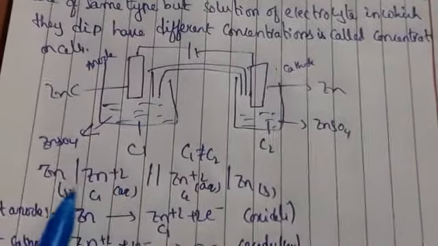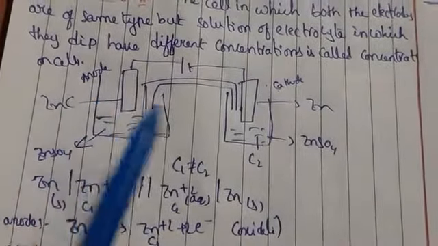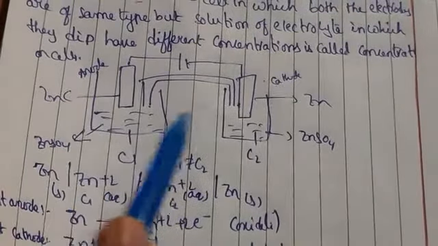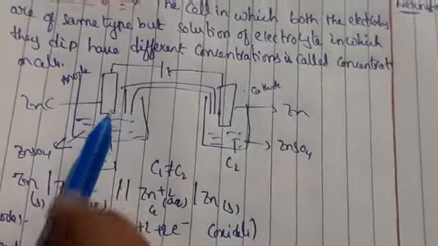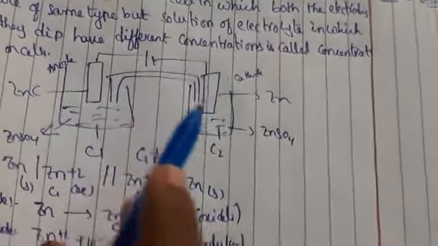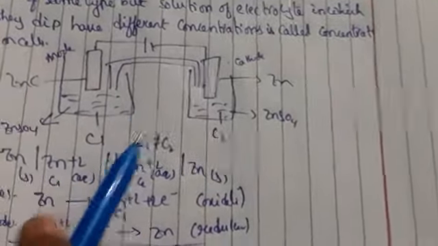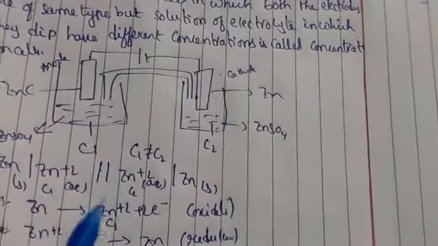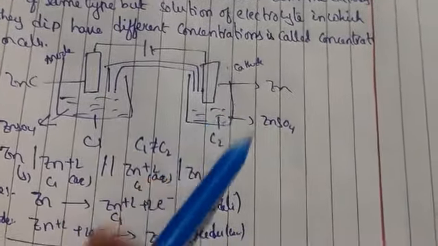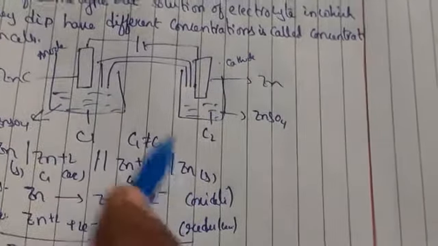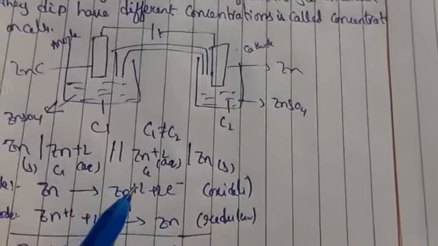Now let us consider the reaction. Zn in solid state and Zn2+ in aqueous solution. Why do we get it in aqueous solution? Because there is a loss of 2 electrons, as we have seen in the galvanic cell, and this indicates the salt bridge. In aqueous solution it turns into solid state. Yes or no? So this is the overall reaction.